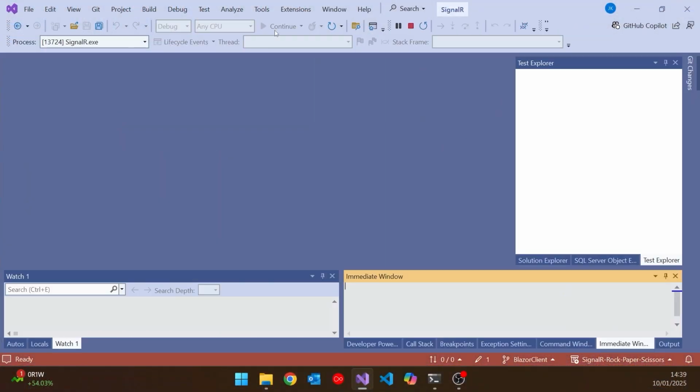But what we're going to do this week is show you how to make this all work with a client written in Blazor. Let's just do a quick recap. I'm not going to recap lots of stuff here. Look at the old video for the details, but I'll just show what's going on. So if I run up the application,